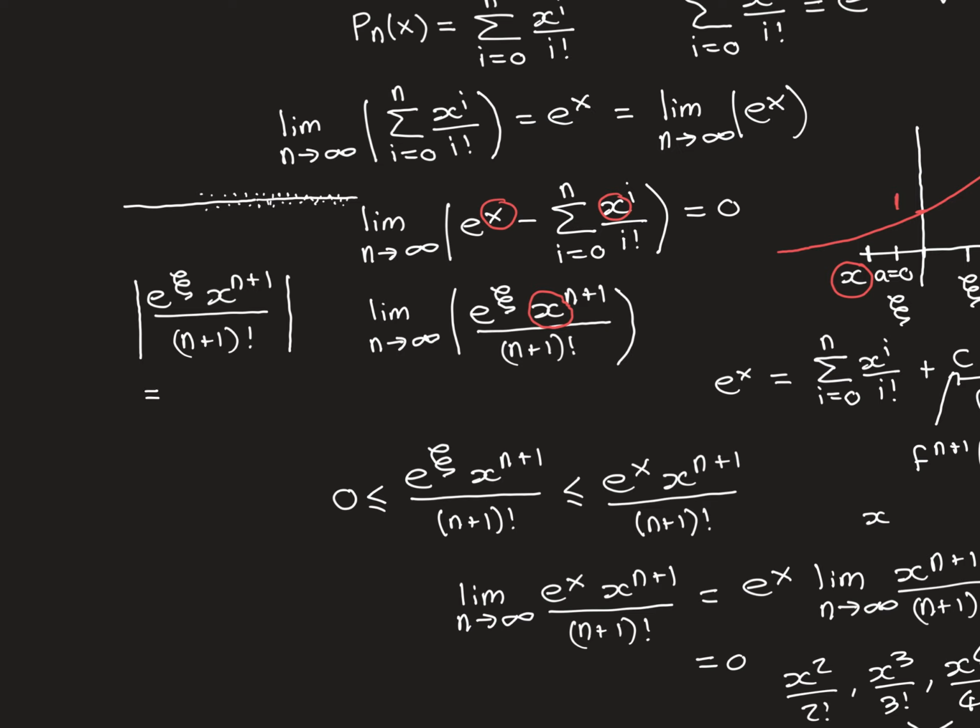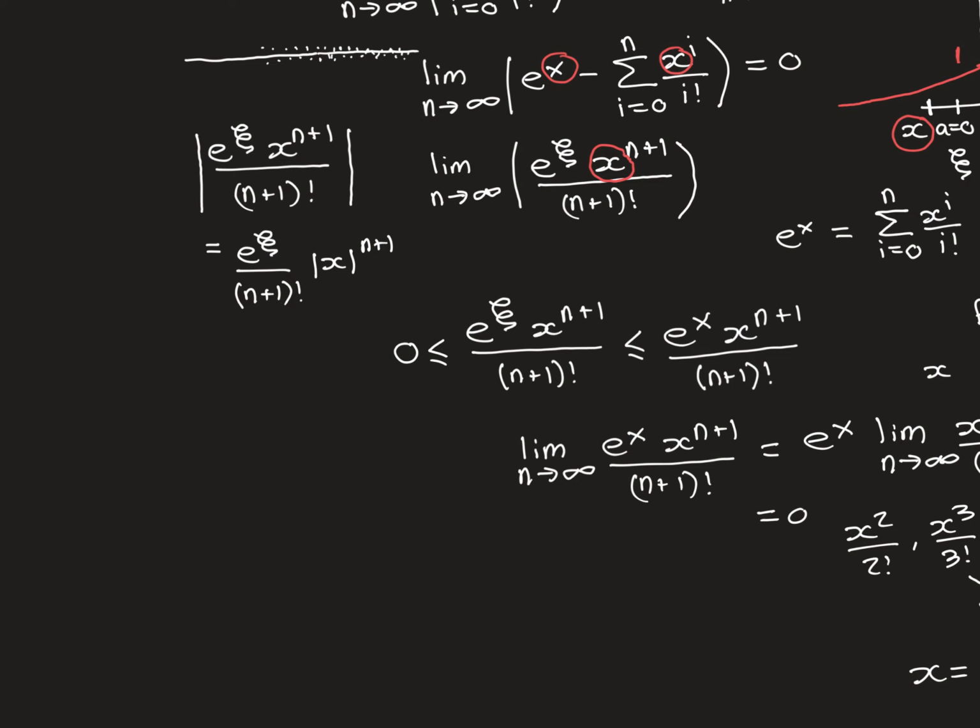Now, the exponential function is always positive, so its absolute value is just itself. The factorial is always positive, so its absolute value is just itself. And then x to the power of n plus 1 is just going to be mod of x to the power of n plus 1. So that's what this sequence actually becomes. And now we know all of these terms are going to be greater than or equal to 0. So if we can bound it above by another sequence that is then converging to 0, we can then apply the Squeeze theorem to say that it's converging to 0, and then use what we've just discussed to say that